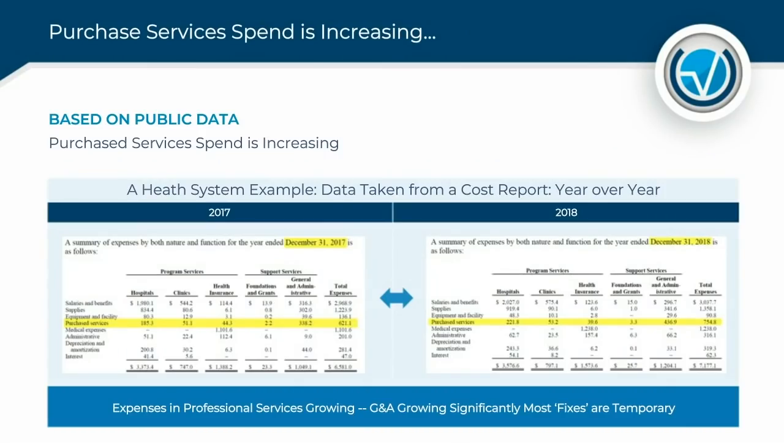I could show you financials from just about any organization, and you see an increase. You can look at this as one example of publicly available data, and you could just see professional services growing and all these purchase services growing year after year. And while we have more of a focus on it as an industry, there is still an enormous opportunity in purchase services spend, and some of it's because we're just tackling it, looking at contracts and trying to renegotiate quickly and trying to have some savings, but what we're not doing is putting together a real focused cost management system